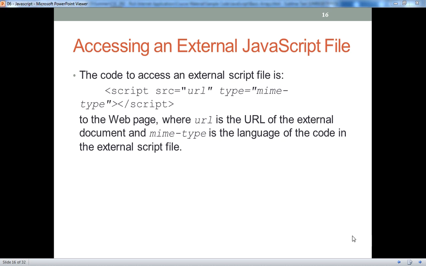Welcome to today's video. This will continue our introduction to JavaScript, and we're going to pick up right where we left off from the last video. So we wrapped up talking about functions and how we work with functions, and now we're going to talk a little bit about, real quickly anyway, how we include external JavaScript files, and then we'll move back